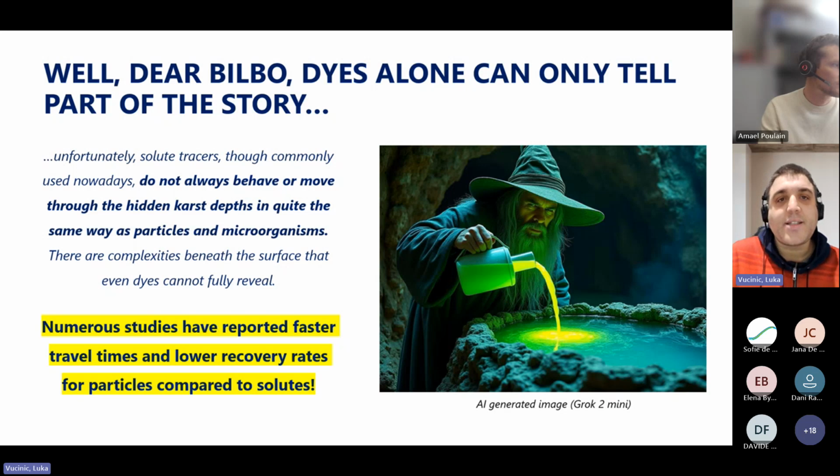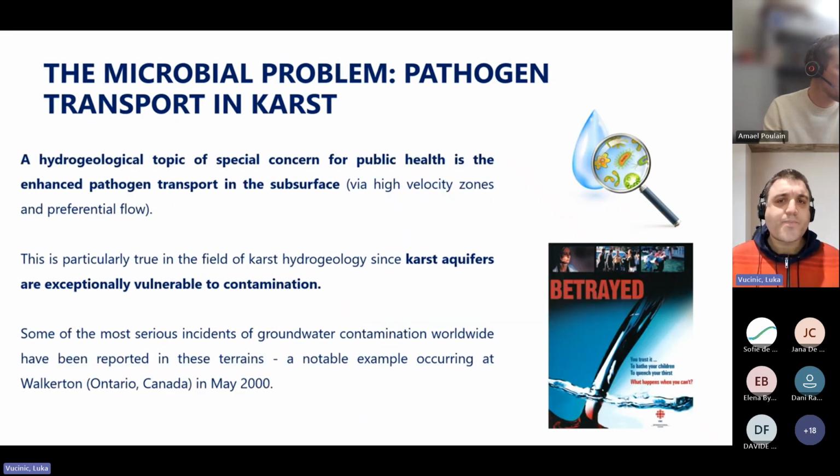So obviously dyes can tell us a lot of things, but when we want to understand the transport of pathogenic microorganisms through the subsurface, primarily for public health reasons, then dyes have really limited value in that kind of context. So that's the key problem, and this is the problem that we are trying to solve. So no tracer is perfect,